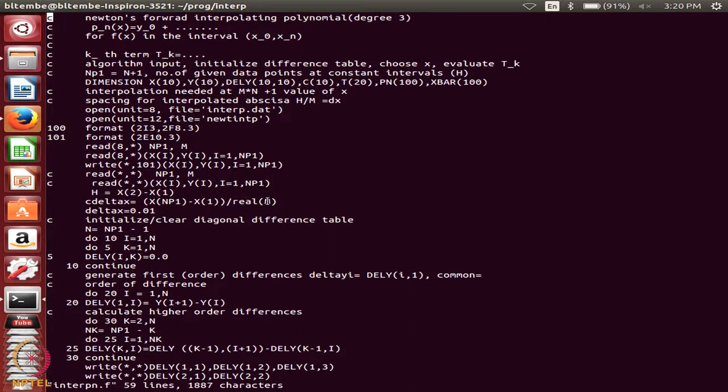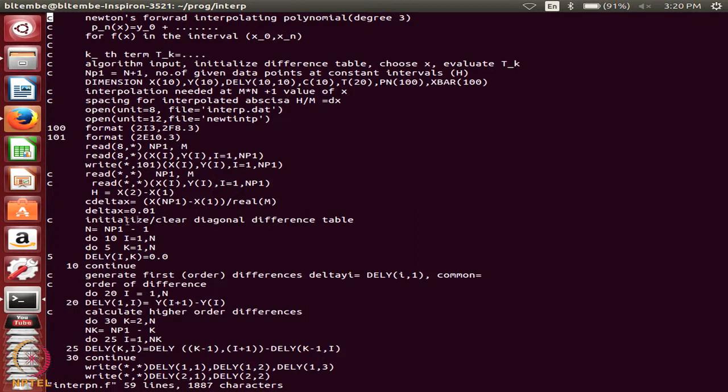Suppose m is 100, real m will be 100.0. This real function converts an integer into a real number. So, I want to always divide a real number by a real number. It is always good to convert. The computer may still do it right, but it is always good to use the variables in the exact type that you are going to write the program for.